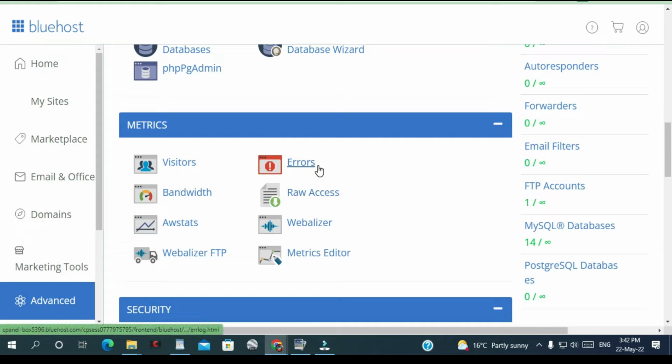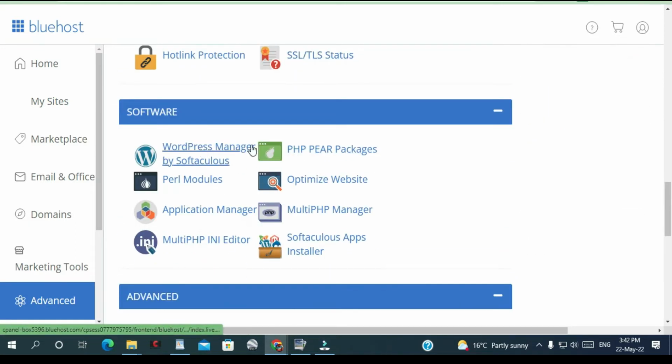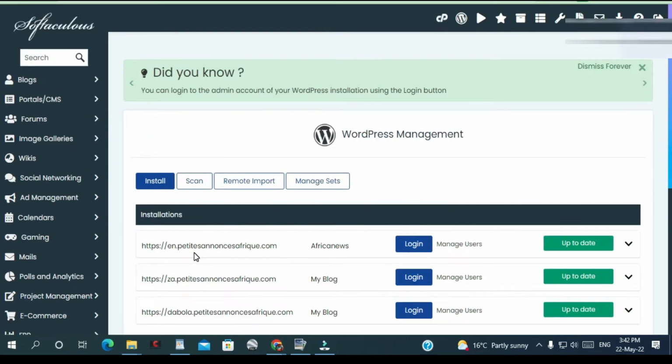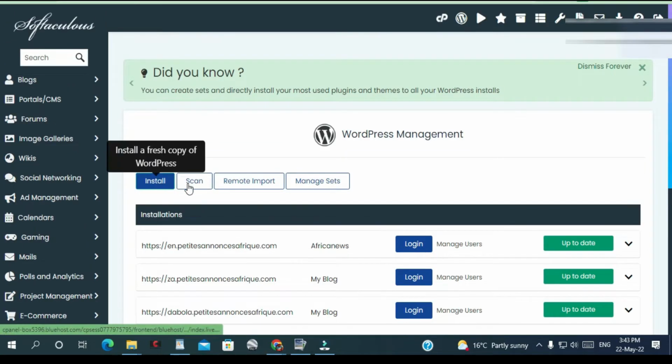So from here you just scroll down, you find from software, you find WordPress Manager, you click here. So as you can see here, those are my subdomains. So from here we are going to click install,